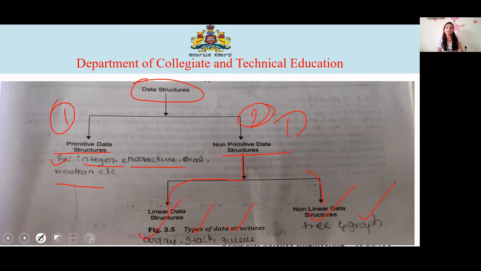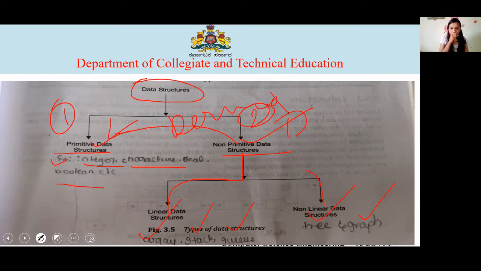So there is one question, explain types of data structure. You have to draw this diagram and write the explanation. So this is about the data structure types. So mainly it is classified into two types, primitive and non-primitive. Primitives are something that can be directly manipulated by machine level. These are integer, float, char, etc. Whereas non-primitive are something that are derived from one or the other. So examples are arrays, stacks, queues, trees, etc.